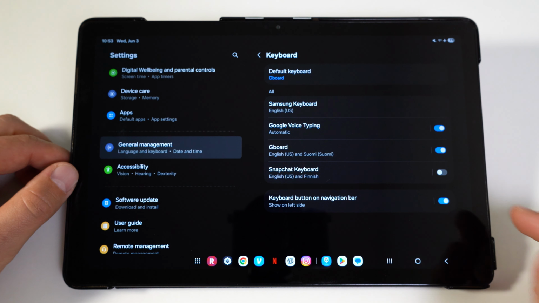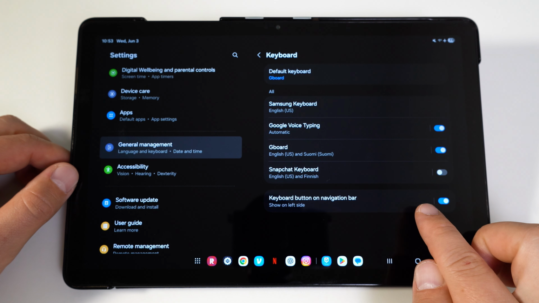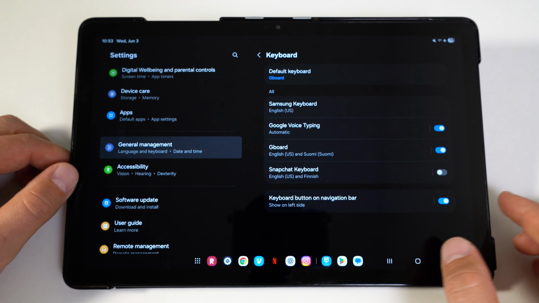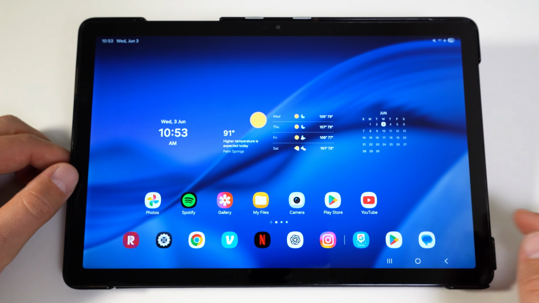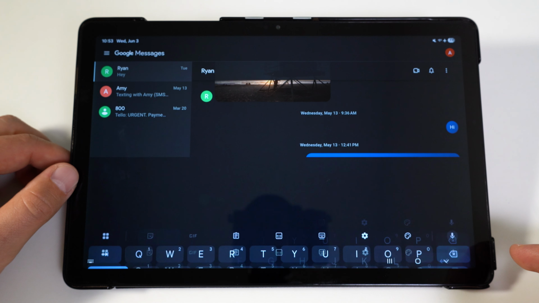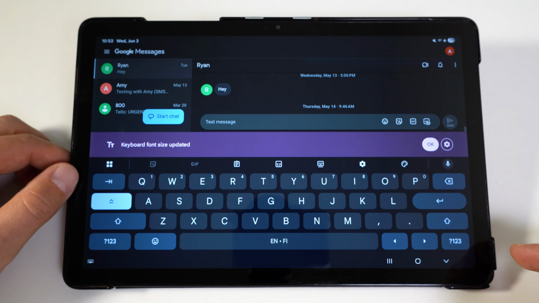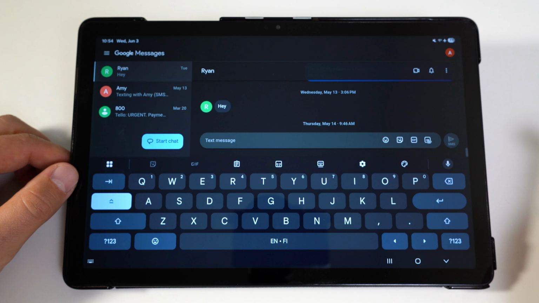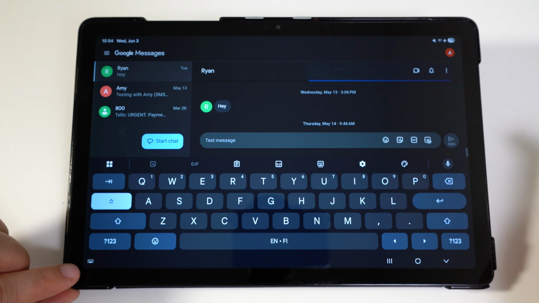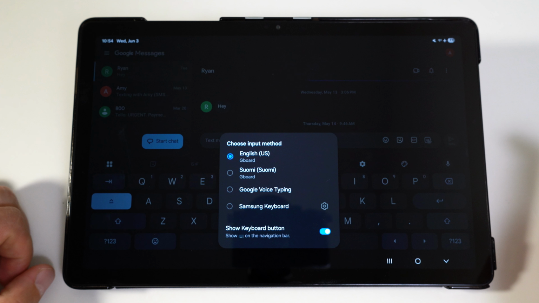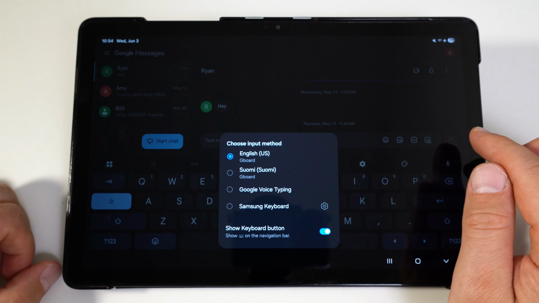There's this toggle on the bottom for showing keyboard button on navigation bar. This basically allows you to quickly switch between keyboards, so you can alternate between Samsung keyboard and Gboard, or even switch between different languages if you have multiple keyboards set up for different languages. Now when I go to any app, I'll see the Gboard as my default keyboard. And on the bottom left, I'll have that tiny button for quickly switching keyboards without having to go into my settings. And that's how you set up